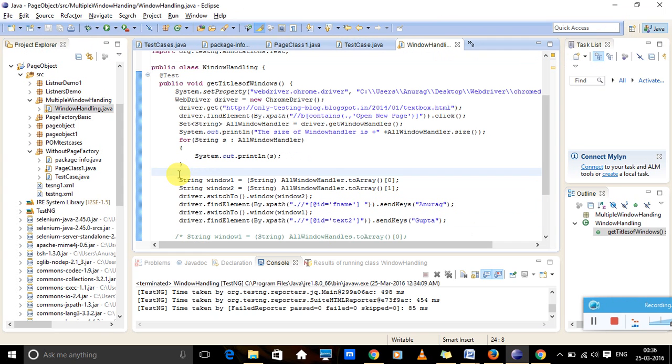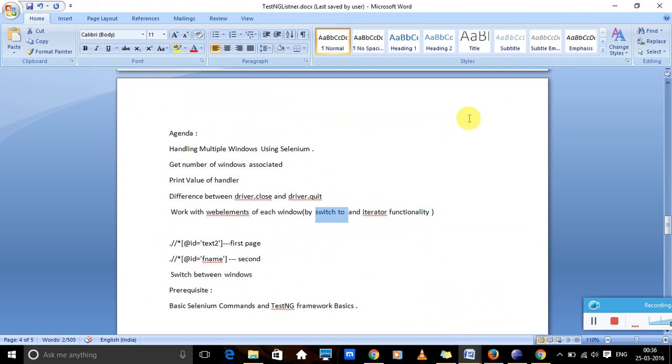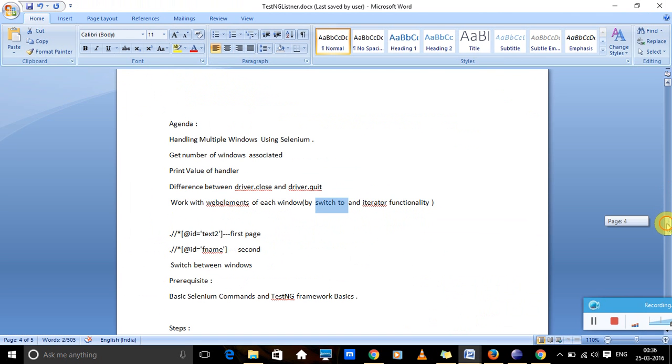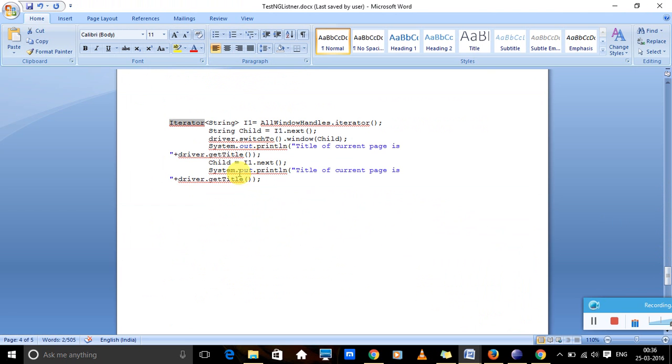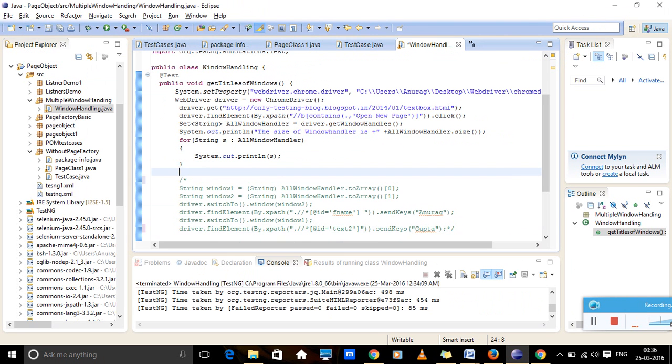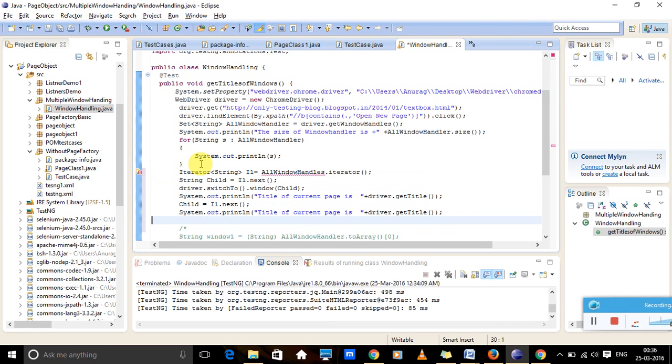So I have already written a code. I will explain that code to you. Let's copy and paste that code. This is the code we have used. I will go here and I will paste this code over here. Instead of that, it is not handle, it's handler. Okay. So what I have done is that as you know, I have already created a set with the